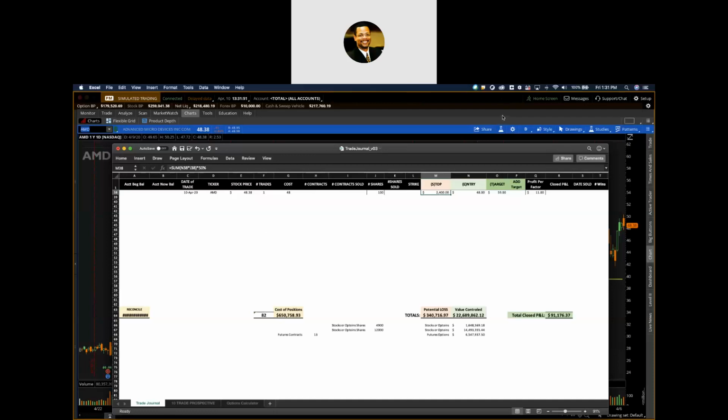So this is my setup. I'm going to do a trade on AMD today. Its current stock price is 48.38. I'm going to buy it at 48 if my order gets filled, and I'm going to ride it until it hits 59, and I'm going to make $11 a share. 11 times 100, that'll be my profit on AMD. It'll cost me 4,800 bucks. That's my decision. So now I've done step number 1, step number 2, and step number 3.